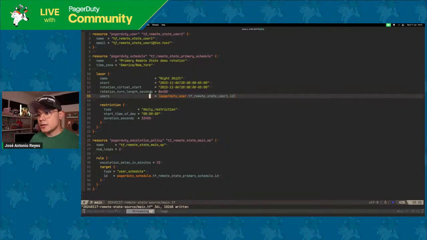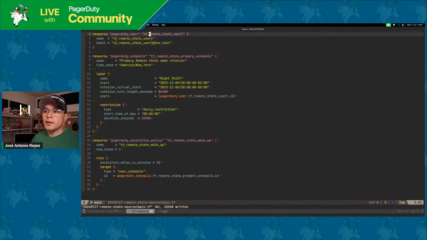That's a very common practice and a recommended one, except for the Terraform resources that we have in our provider that can't be distributed, like event orchestration routes, which need to be in a central repository. So this will be the repository responsible for managing all that: all escalation policies, again, schedules and users. So I'm planning to push this to,